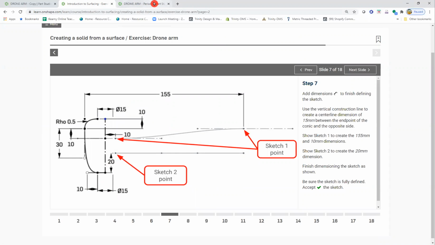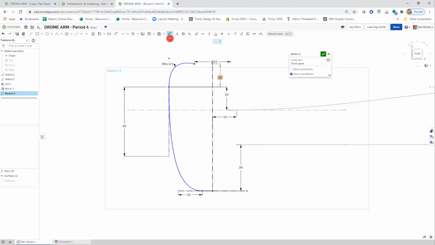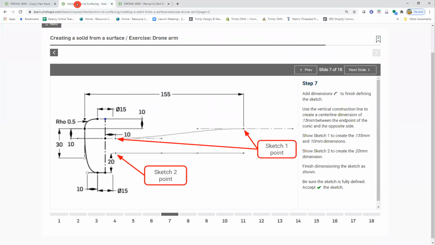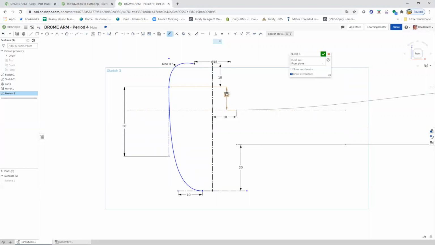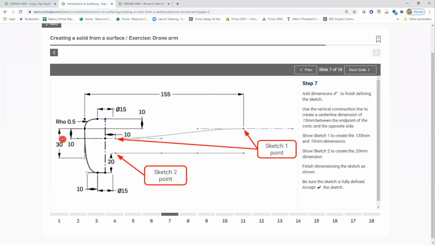Does anybody see any measurements that I'm missing? Down from this side, 10 millimeters up, 10 millimeters over, 20 millimeters from the bottom, 15, 10 over here, 155 from the start of the top